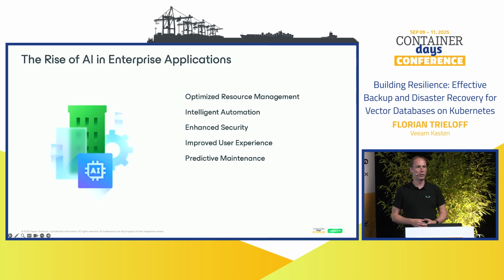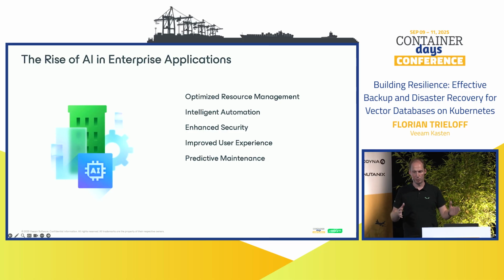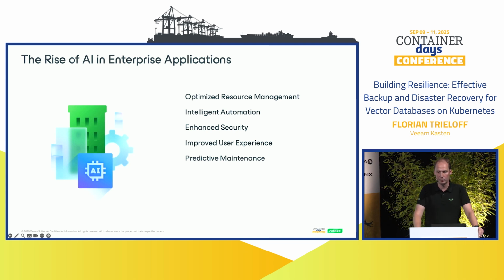Sometimes it is not predictable how your application will behave, especially AI applications, which are sometimes used very heavily and sometimes not so much. It's a very big curve with very high and low altitudes of usage. So performance and cost optimization is one very important topic. Intelligent automation here: we need automation to keep up with all the deployments and with the ways people are using them.